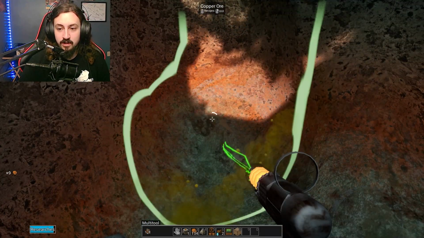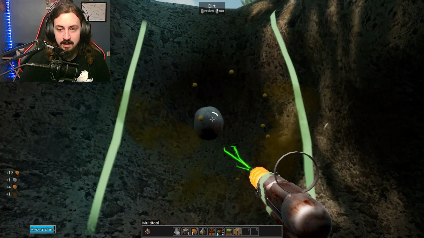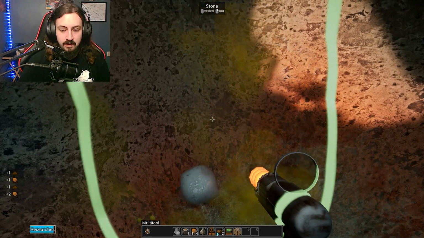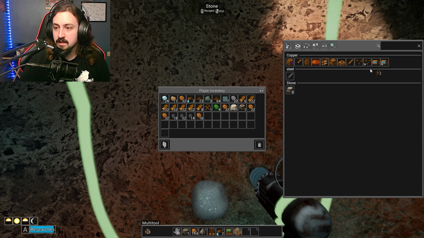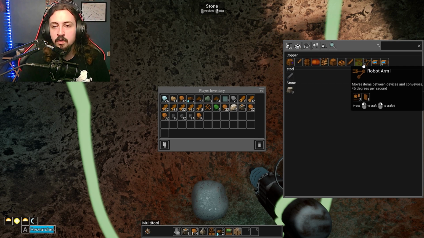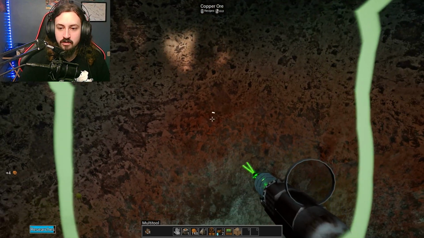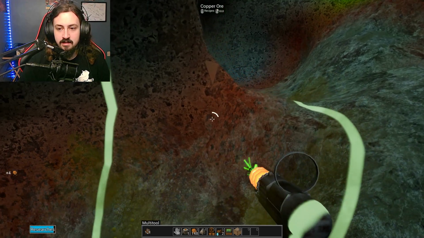One of the things that I want to do, something that I was making and never even realized it. Where are they? Logistics? Yeah. The robot arms move items between devices and conveyors. So that means what I should be able to do is start automating this stuff